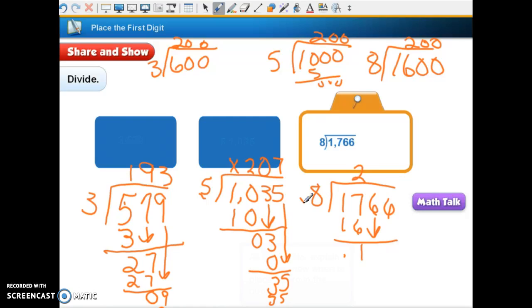Okay, so then we're going to bring down our 6. Will 8 go into 16? Yeah. How many times? 2 times. And 2 times 8 is